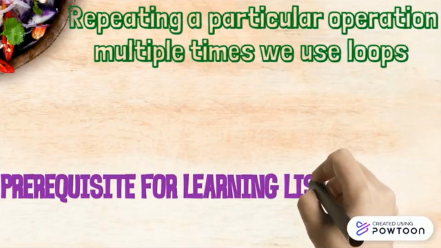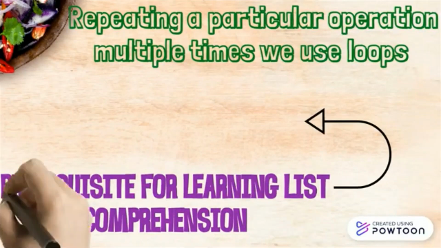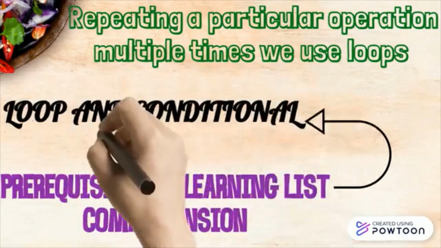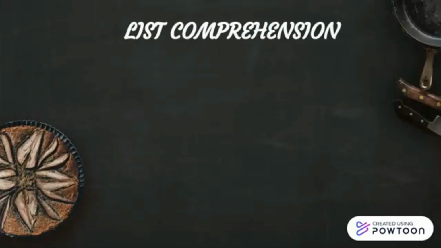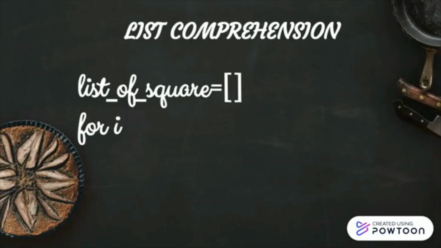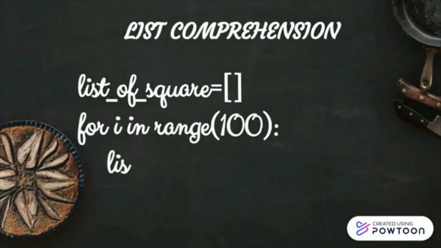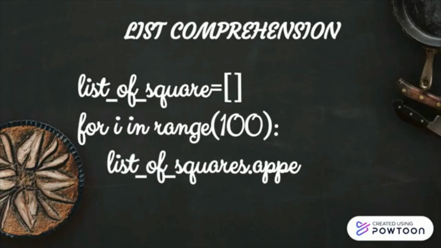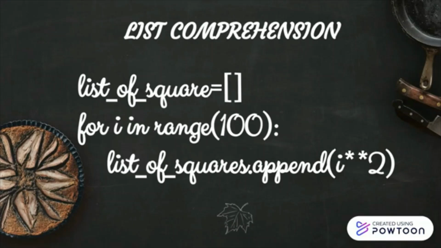In case you're given a huge number of elements, the process becomes tedious, and we have discussed already that in such cases of repeating a particular operation multiple times, we use loops. Presuming that you're clear with loops, I'm proceeding further. If not, refresh the concepts from the video. I have provided the link in my description box. Now, we use a for loop and append elements to the list using our handy tools from list functions.